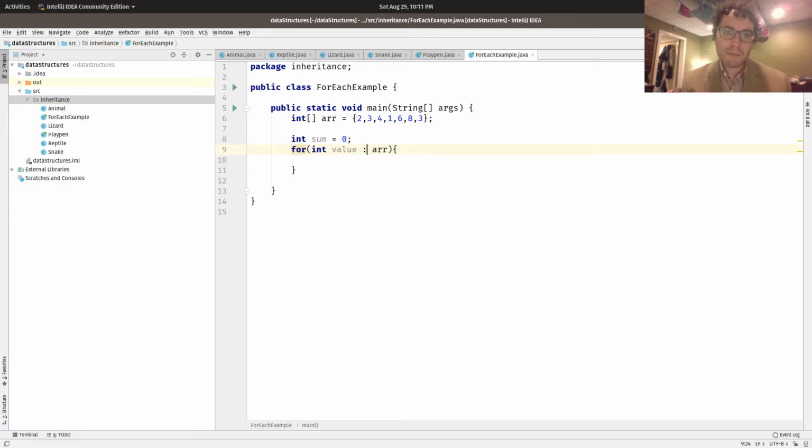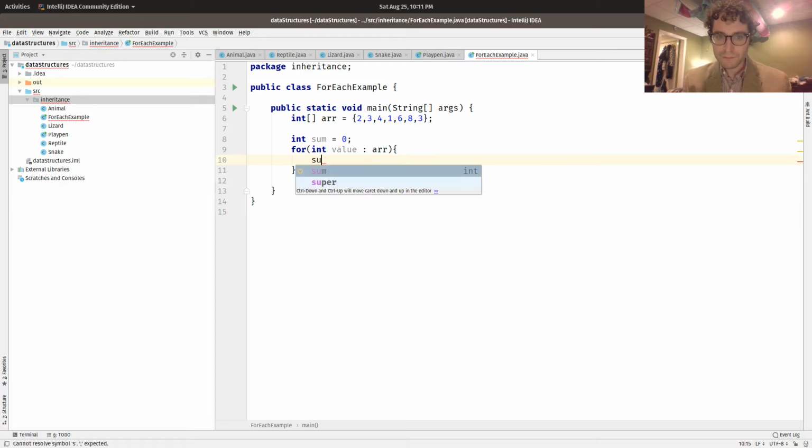array. Now we put this int here because this is a collection of integers, right? It's a bunch of integers just put together. Whereas this int is the individual type, and so we're going through each individual int. So we have a bunch of types over here, and the individual type over here. If this was an array of doubles instead of ints, we'd put a double here. So for each int value in array,